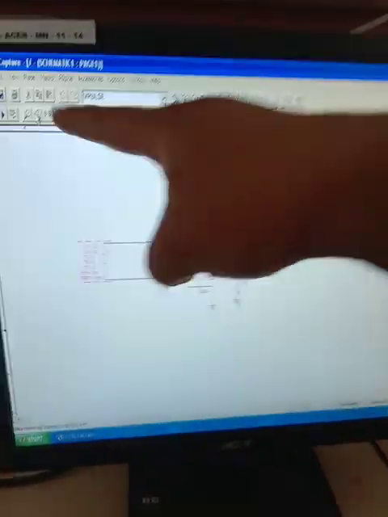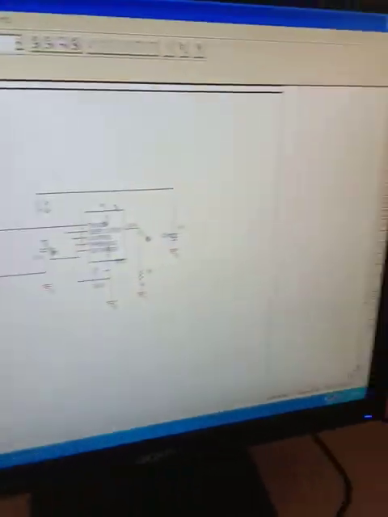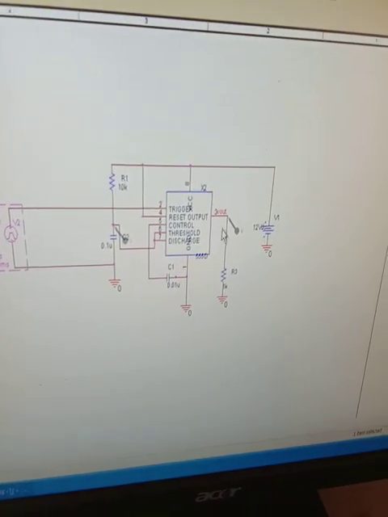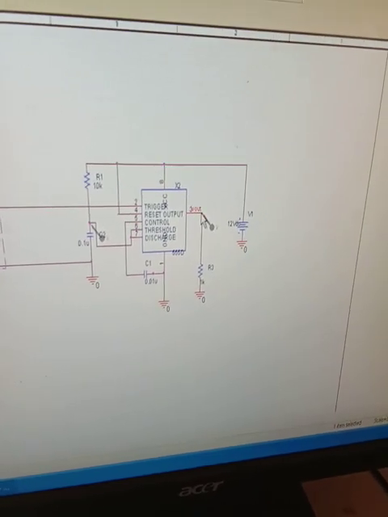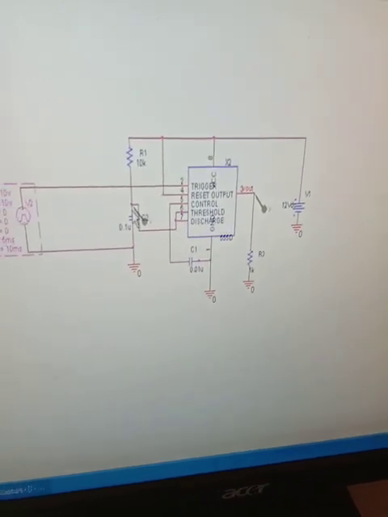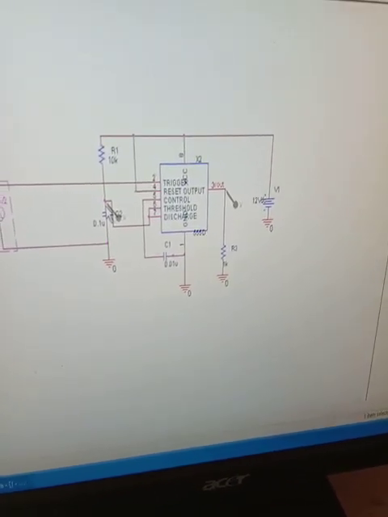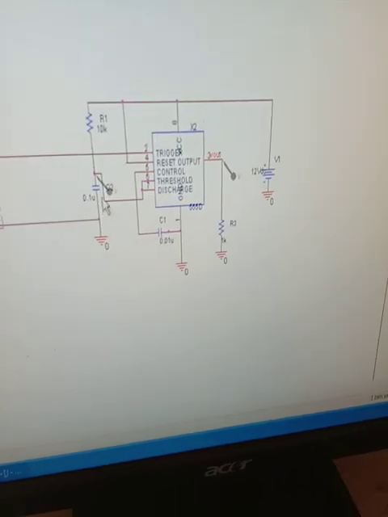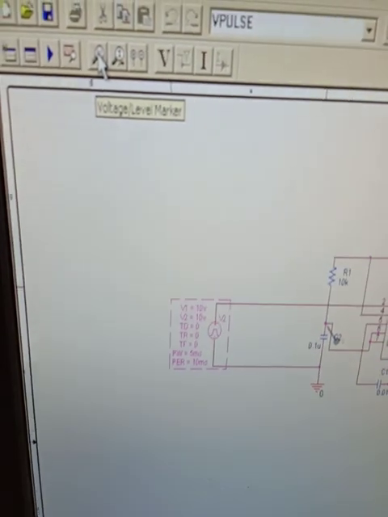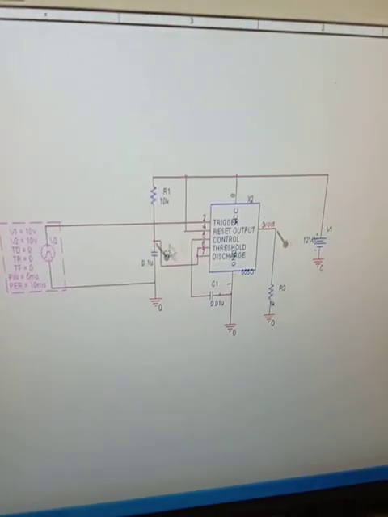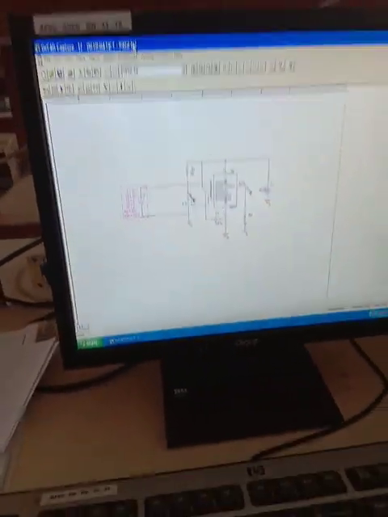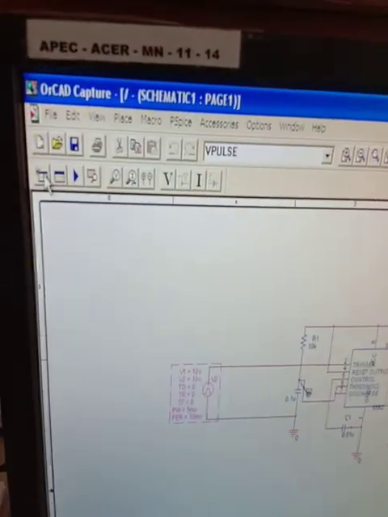Now I will explain to you. There are two places where we need to see the output. One is at the output terminal, pin number 3. This is the output we are going to get, V out. And the other we have to see over here at pin number 7, the capacitor charging and discharging. So at both places I have used this particular voltage probe. I have connected the voltage probe here and connected the voltage probe over here. Now save the circuit and then please see how to do it.